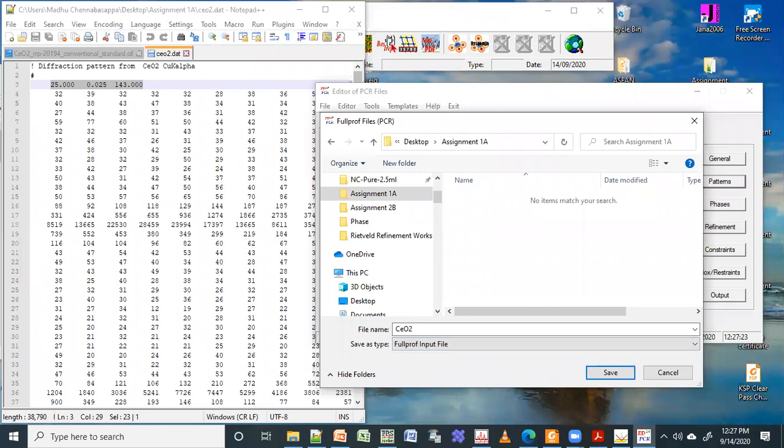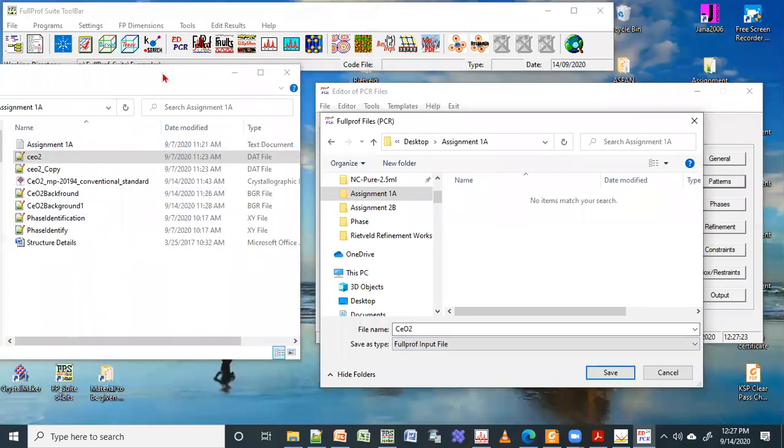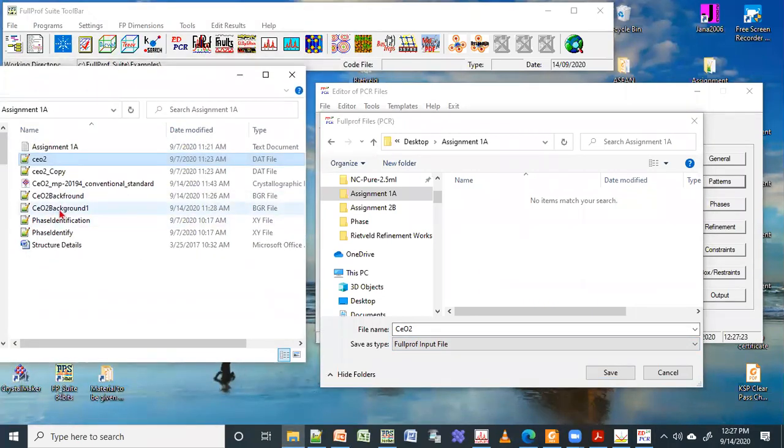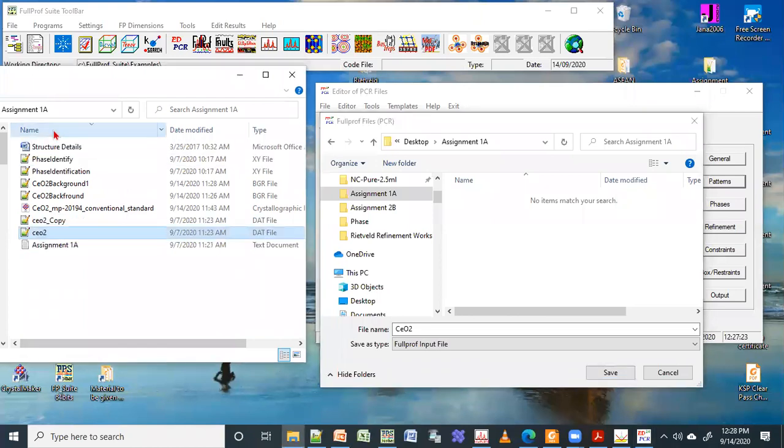So you can see here cerium oxide, there is background, there is data file. Once I click this save, you will see there is one more file which will be appearing here. I will just keep it in name CeO2. There are 1, 2, 3, 4, 5 files, including 2 data files, 2 background, and 1 zip file.